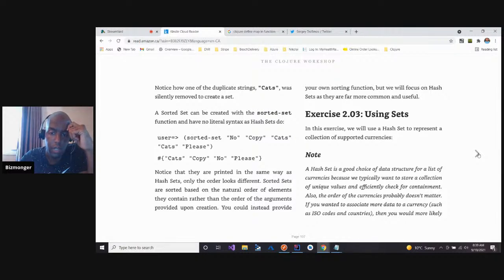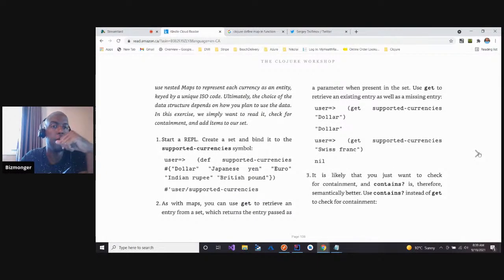If you wanted to associate more data to a currency, such as ISO codes and countries, then you would more likely use nested maps to represent each currency as an entity keyed by a unique ISO code. Ultimately, the choice of the data structure depends on how you plan to use the data. In this exercise, we simply want to read it, check for containment, and add items to our set.